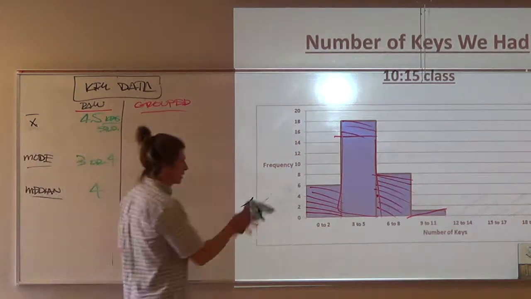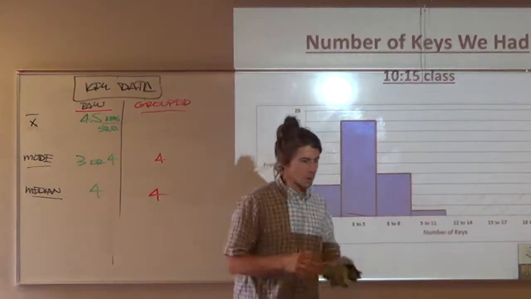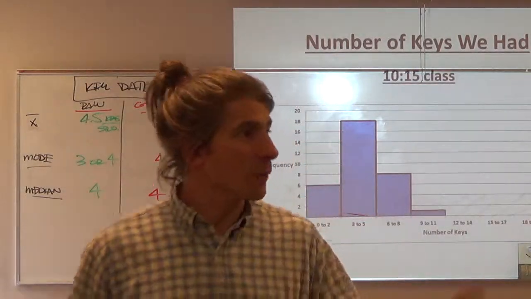How about the average? Let me erase this out here. Distribute the bars evenly, they come out to 4.6. If we distribute the bar,